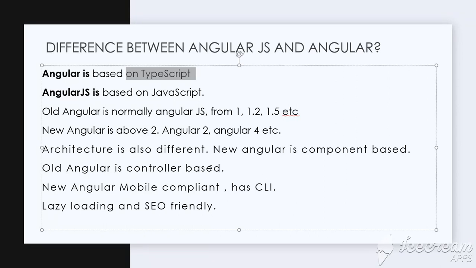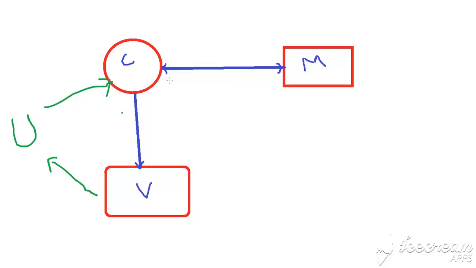I can show you what is model view controller. This AngularJS architecture is something like this. You have a user here. The user is sending a request here to the controller. The controller is then communicating with the model to process this request from the user. And when the controller wants to give a response back to the user,